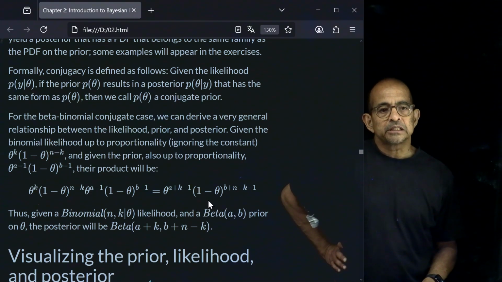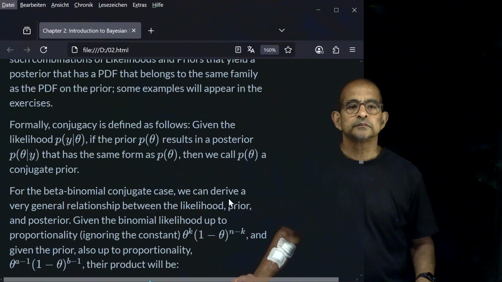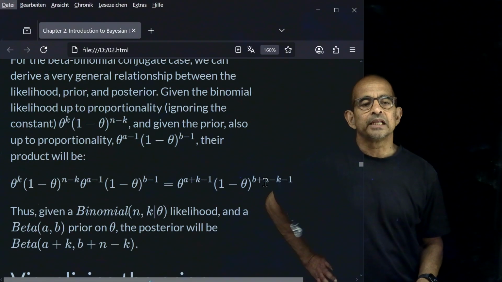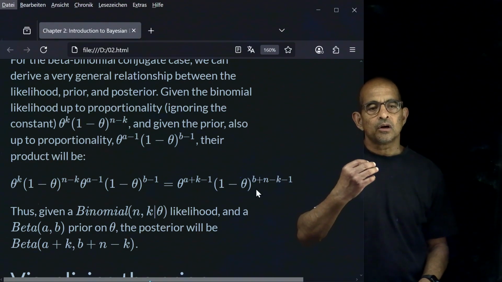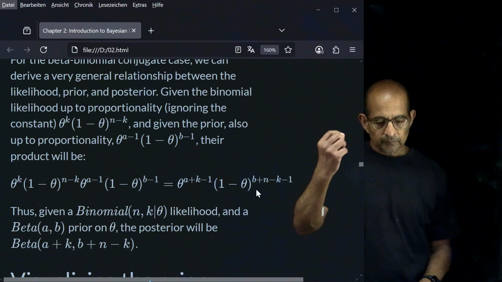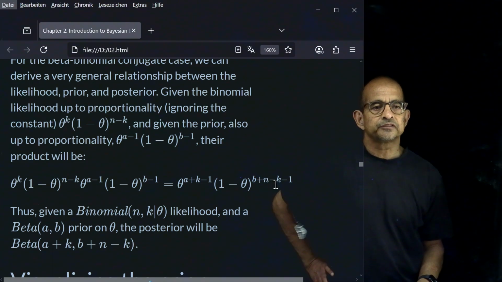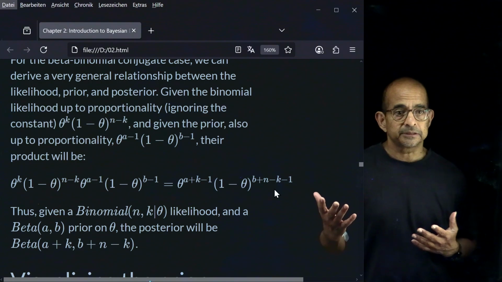Similarly, when we multiply out the 1 minus theta terms, what we will end up with is b plus n minus k. Remember, b was one of the parameters that we used to define the prior on theta. n is the number of trials and k is the number of successes. So b plus n minus k is the updated b parameter, what I was calling the b star parameter. So what this means